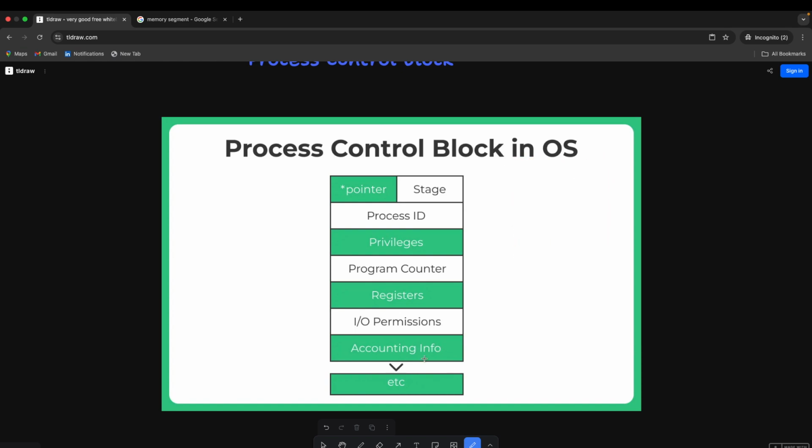Now, memory management information. Again, this is related to segmentation. Our memory will be in the form of virtual memory, right? Although it will be a physical chip, it will be in the form of virtually divided segments. So we need the base address of each and the offset address so that you come to know where the information is stored.